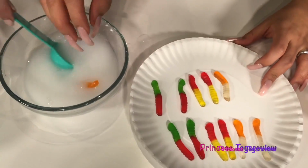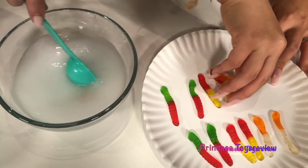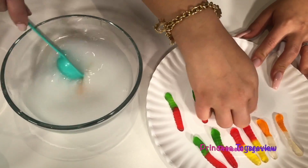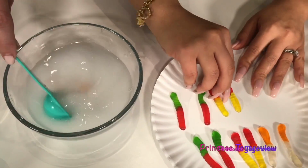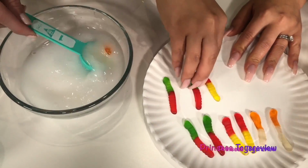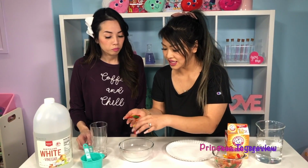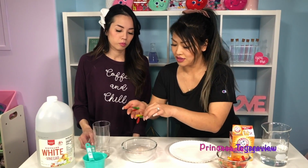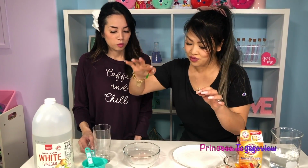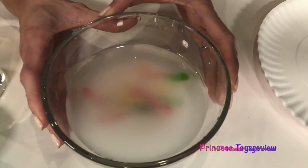So, let's peel it off the plate. There's one. Uh-oh, come off. My gummy worm friends are stuck. Two. Oh no. Three. They're quite sticky. And four, five, six, seven, eight, nine, ten, eleven, and twelve gummy worms. Whoa! Awesome. So we have all of our gummy worms in here now, and we're gonna let it sit for